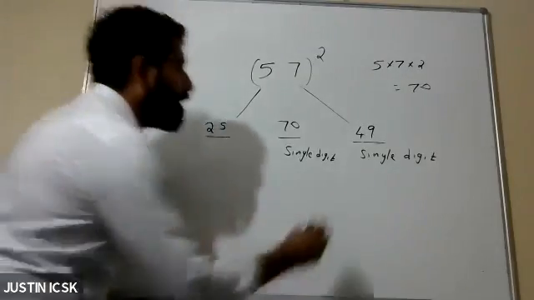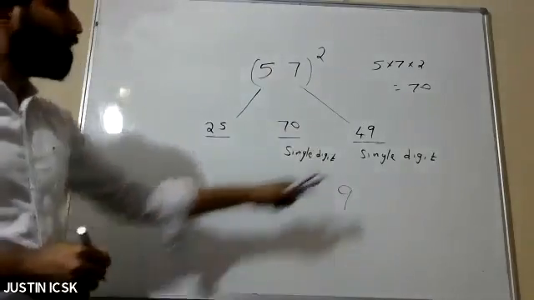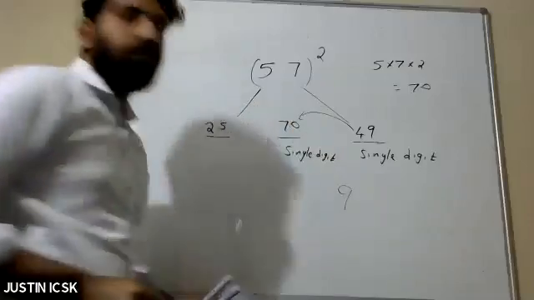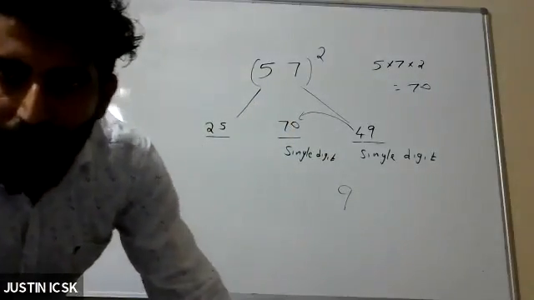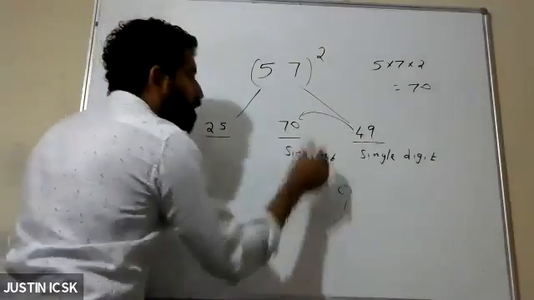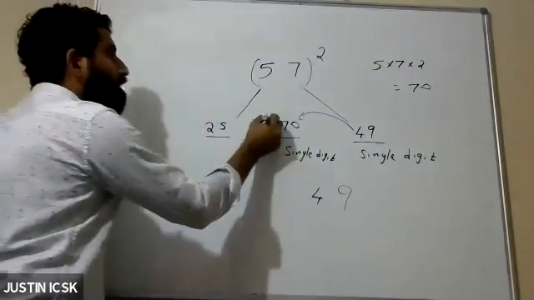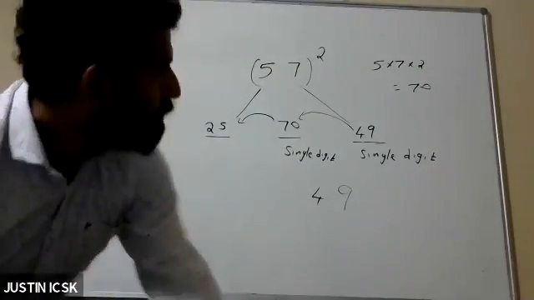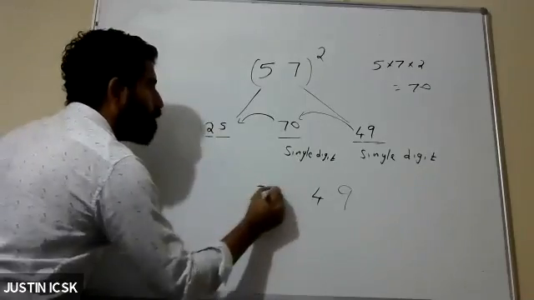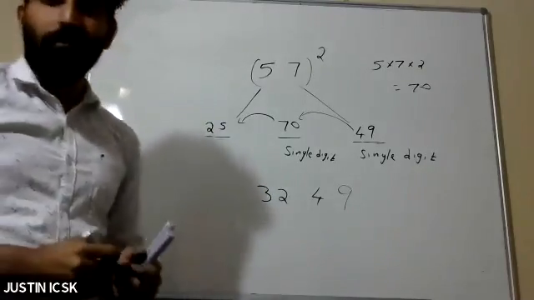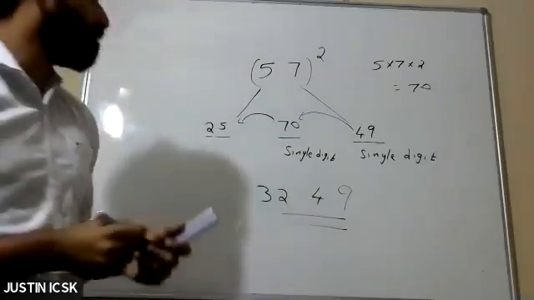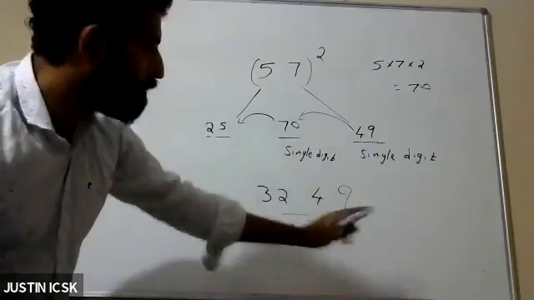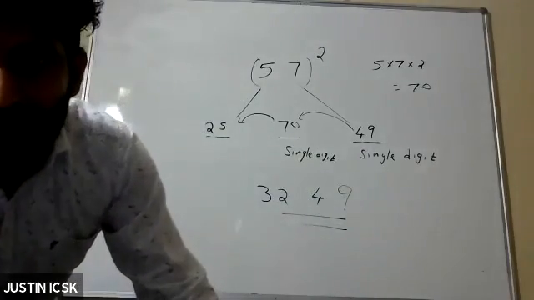Okay. So I am writing 9. First number is 9. We'll carry 4 to the next step. So it becomes 4 plus 70, we carry 7 to here. So 25 plus 7 is 32. So 3, 2, 4, 9. Here no problem, okay? Carry one number, carry one number. So 3, 2, 4, 9.